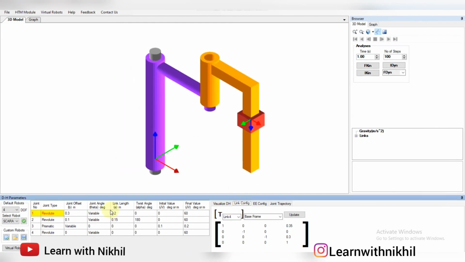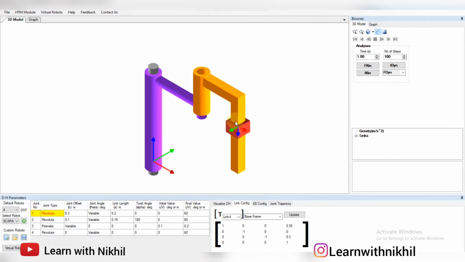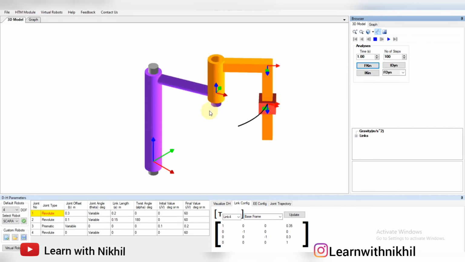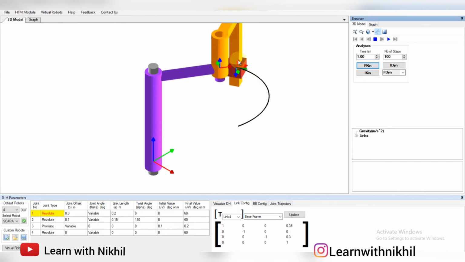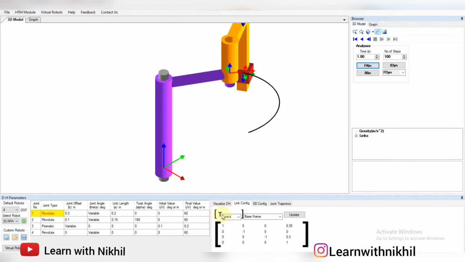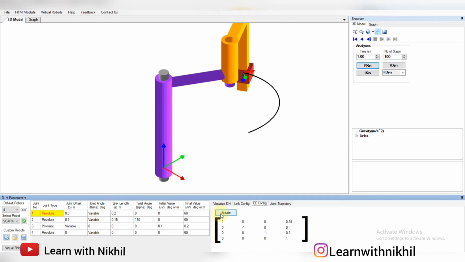You can change the values and you can look it up yourself. See, if I click on forward kinematics, if I get to the extreme ends, now here my theta value and my joint offset value for the prismatic joint is changed. So according to this, now my theta 1 is 60 degree, theta 2 is 60 degree, B3 is 0.2 and theta 4 is 60 degree. So if I click on update, I'll get the values according to the new theta value. So the EE configuration also updates, I'll get these values according to the new ones.